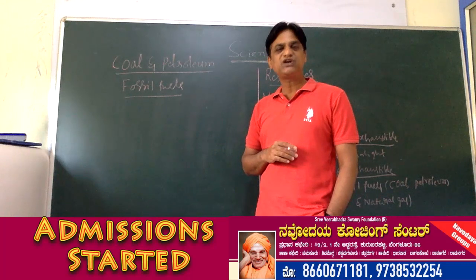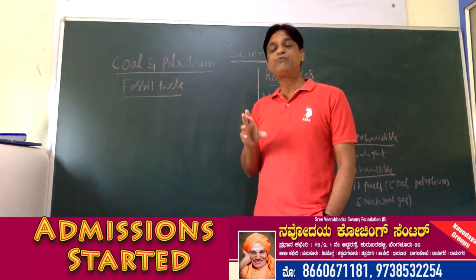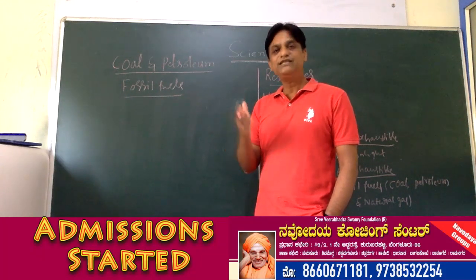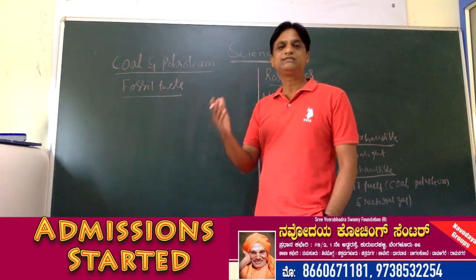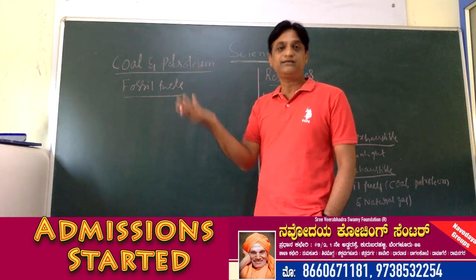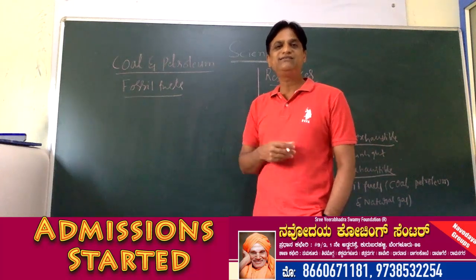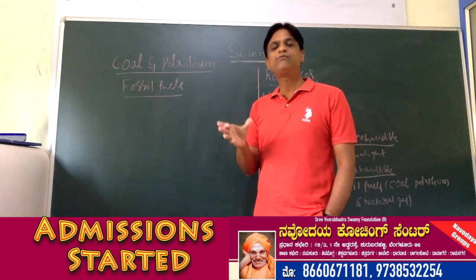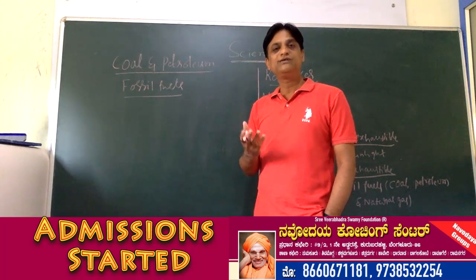There is a process called carbon dating. With the help of carbon dating, it is possible to know the age of a fossil. With the help of that, scientists have said that dinosaurs lived almost 100 million years back. Today we have seen those animals only in films. Like that, with the help of fossils, it is possible to understand the chronological order of plants and